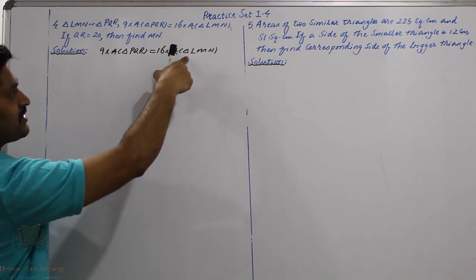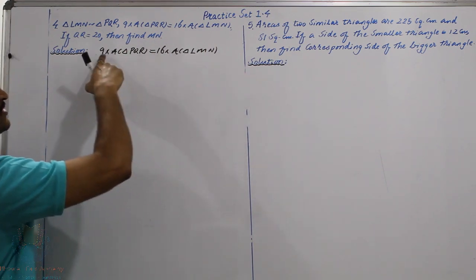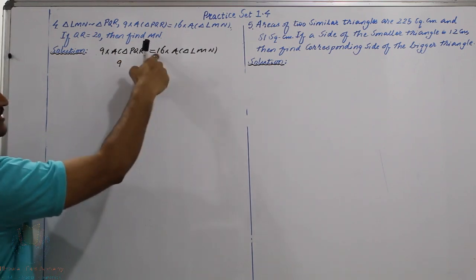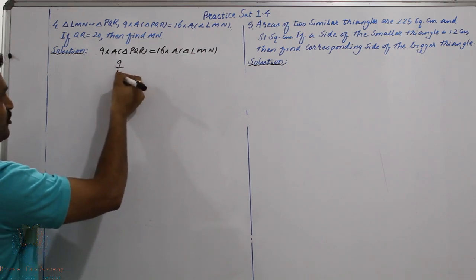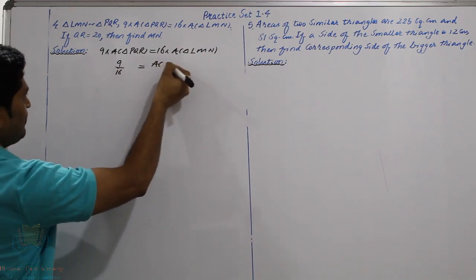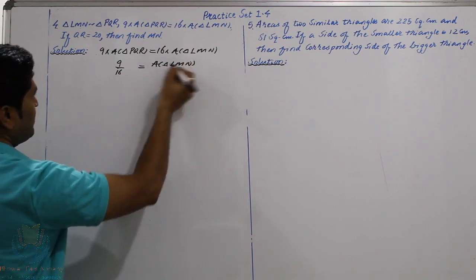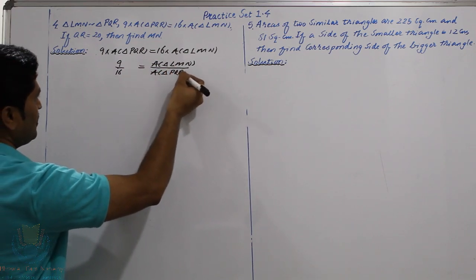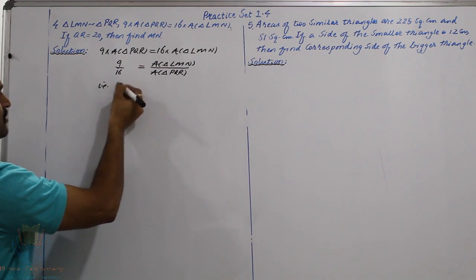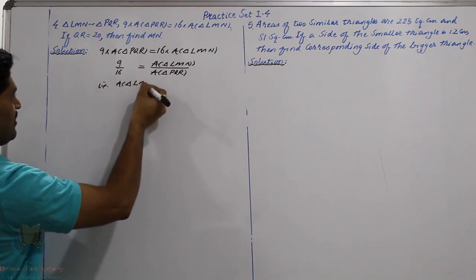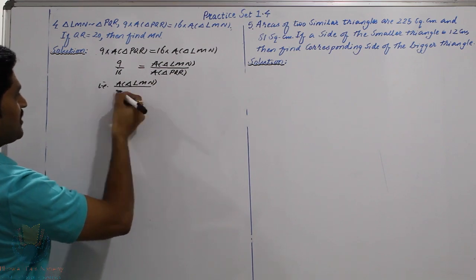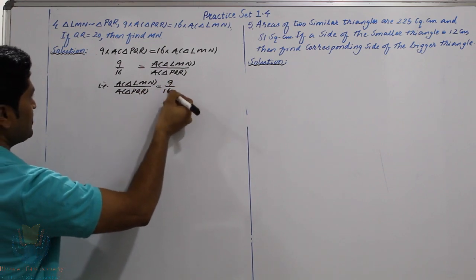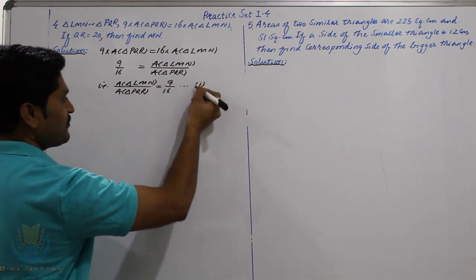So we can write it directly, area of triangle LMN upon area of triangle PQR is equal to 9 upon 16. But we will do it in 2 steps. So let this 9 be as it is and get that 16 in left hand side. So this is 9 upon 16 which is equal to area of triangle LMN upon area of triangle PQR, as area of triangle PQR will go in division. So same we will write in reverse order. Therefore area of triangle LMN upon area of triangle PQR will be equal to 9 upon 16. So we will consider this as equation number first.